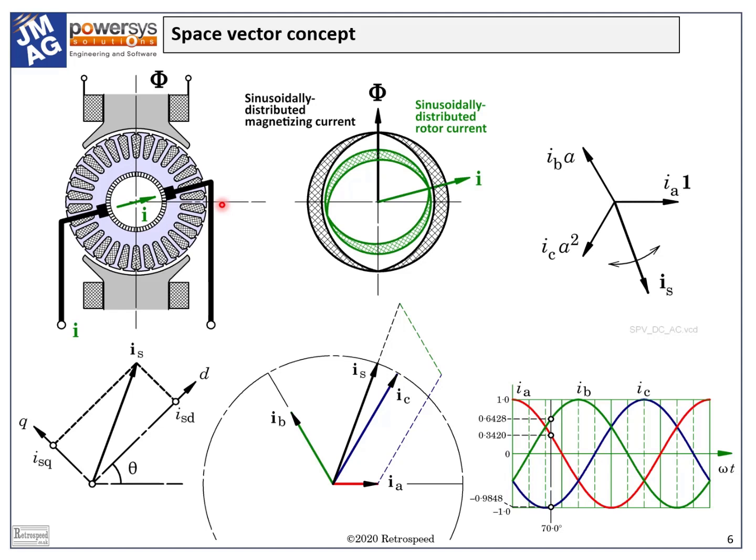The main field axis is distinct in some machines, but not in others. But in all cases it is denoted as the d-axis or the direct axis. Mathematically, the process of resolving the current, or more precisely the ampere conductor distribution, into d and q axis components is actually a reference frame transformation or mapping.